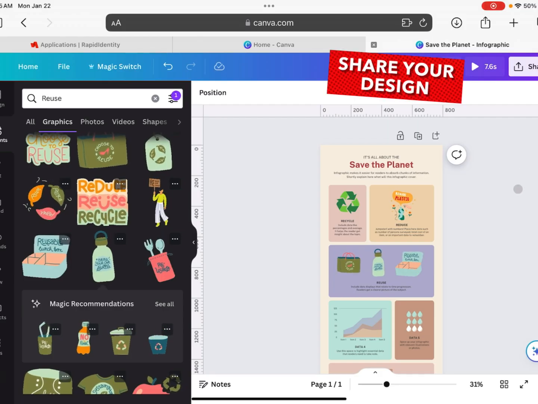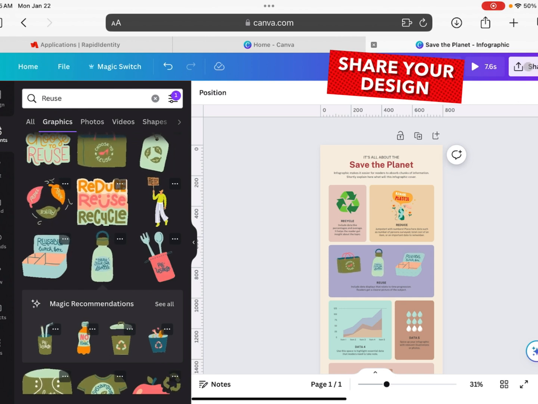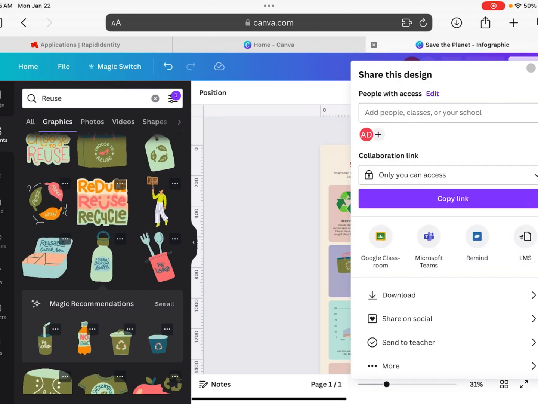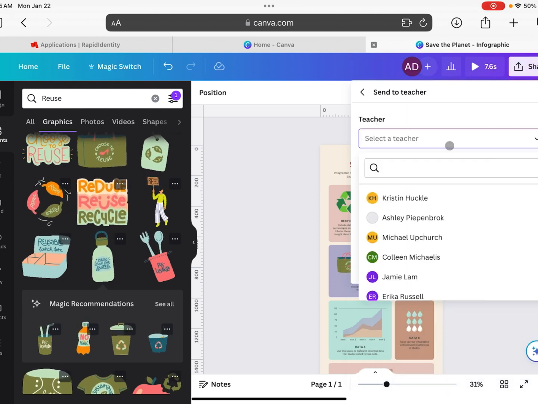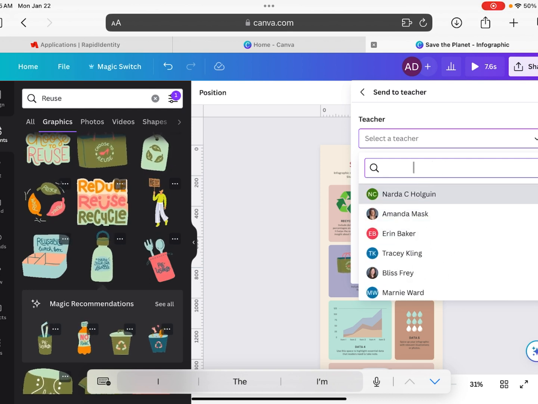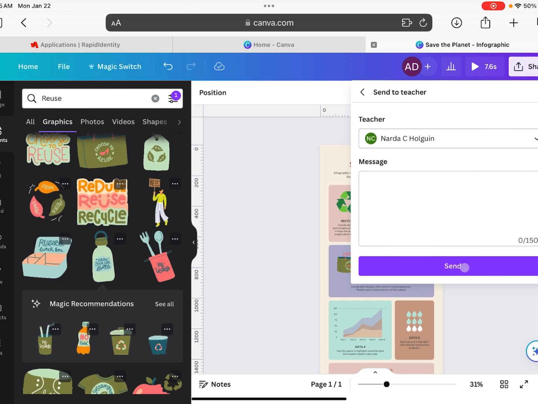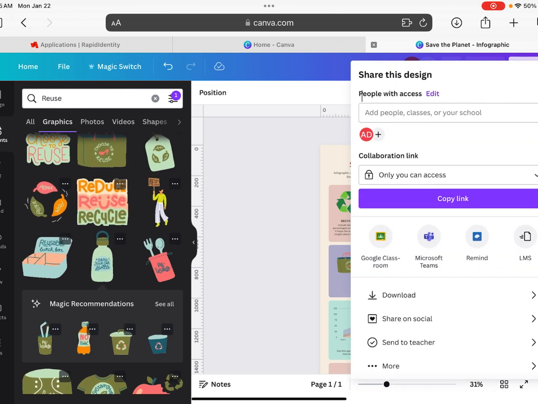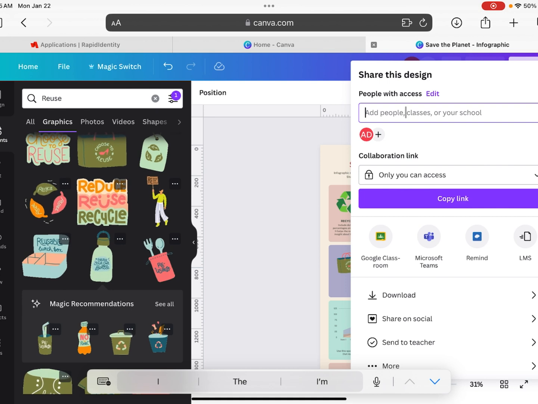If you would like to send this to your teacher so they can have access, tap the Share button at the top, Send to Teacher, and then simply select your teacher or type their name and it will go straight to them when you press Send. You can also share this with other people in your class if you are doing group work. Simply type in their username and they should pop up. You can also copy these links and then paste it into other places like your bulk pages on your digital